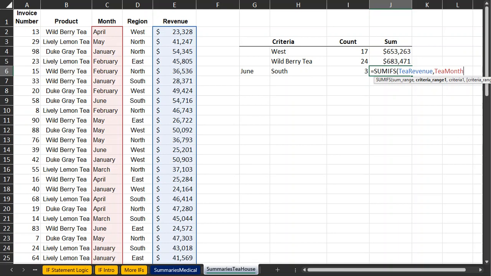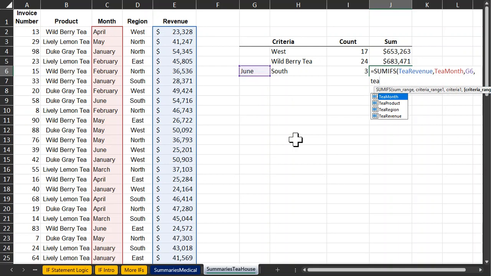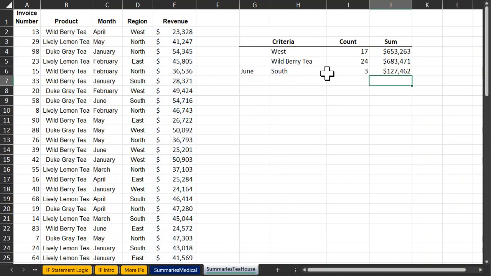And its criteria, oops, gotta hit the comma, is G6. And now we are on the second range, and that will be region. So type in the actual range it's going to look for. And then finally, its cell that we're going to go and actually look for. So we're going to look for south. Then we hit enter, and we have